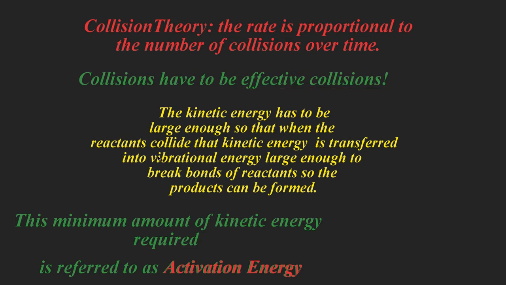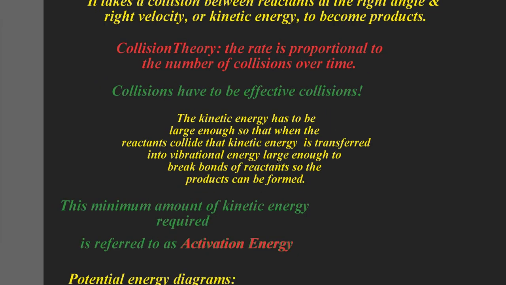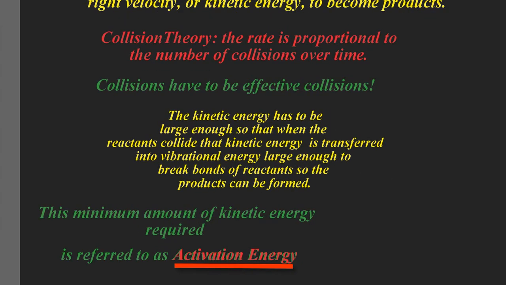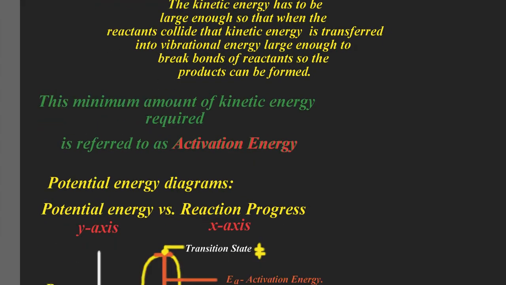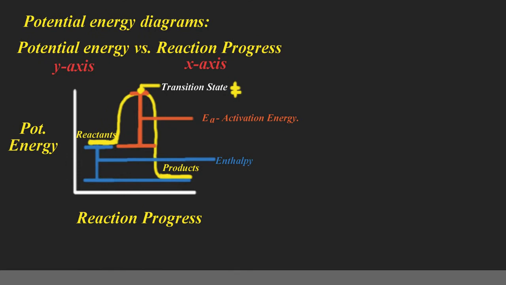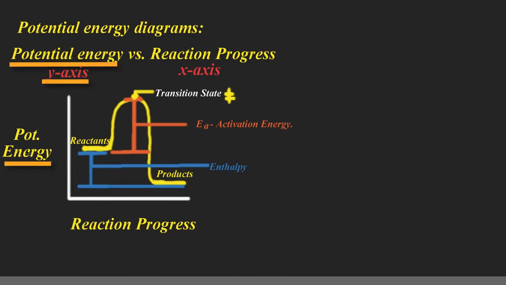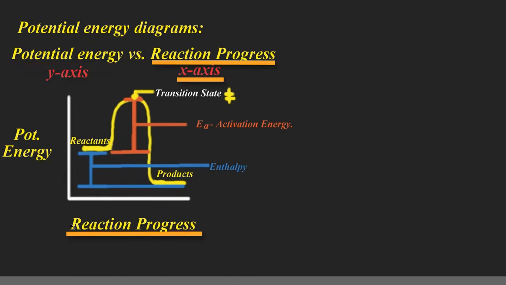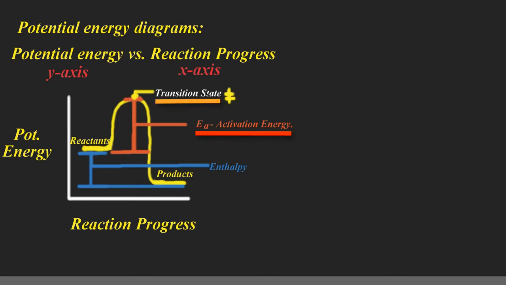Now, this vibrational energy barrier, or this energy that we have to overcome, is referred to as activation energy. And if we're looking at a potential energy diagram, as we have here, where potential energy is the y-axis and time or reaction progress is the x-axis, then we have this type of scenario occurring in which this line from the reactants to that peak, which is the transition state,